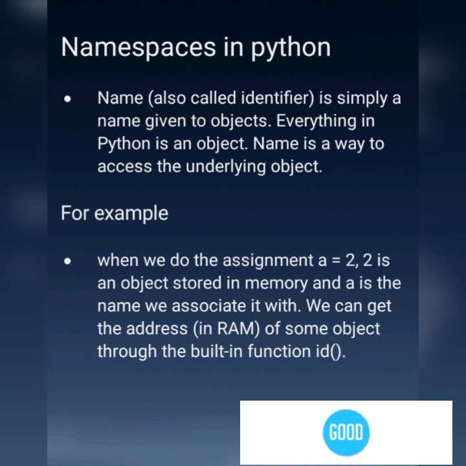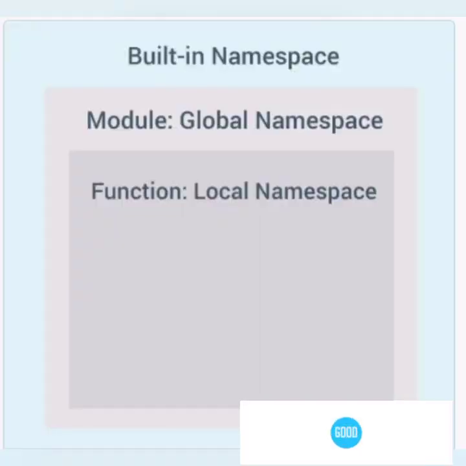Each module creates its own global namespace. So we have three namespaces: the global namespace, the local namespace, and the built-in namespace. The built-in namespace is the outermost layer, the module's global namespace is the second one, and after that the function's local namespace. You can see here very clearly.